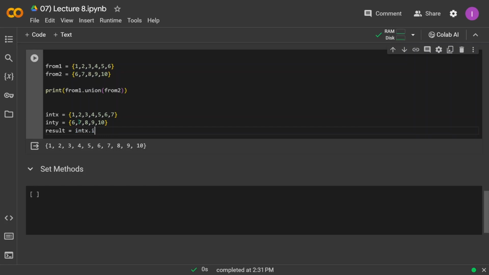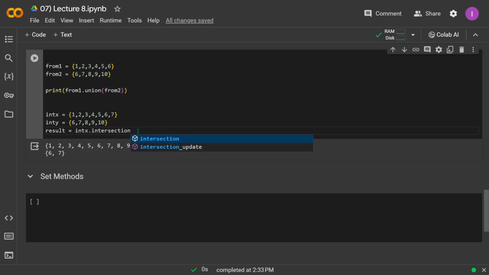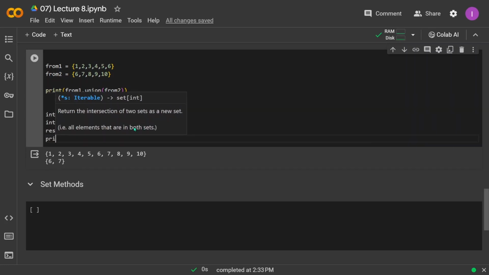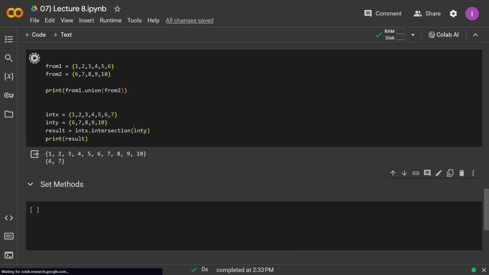Int x dot intersection. Use this intersection method. What it will do is find elements which are present in both the particular sets, int x and int y. If I print the result now, you can see here